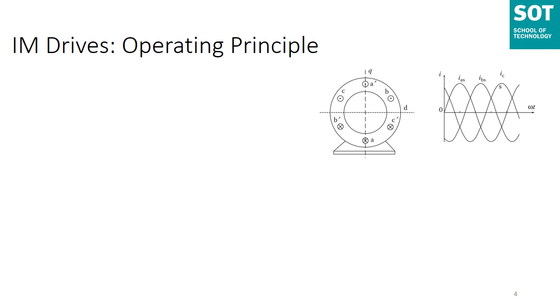That means the primary aim of FOC is to maintain the stator field perpendicular to the rotor field in order to always produce the maximum torque, just as in the case of DC motors. But what is the difference here in the induction motor case? In induction motors, the phase voltages are the only access for control.